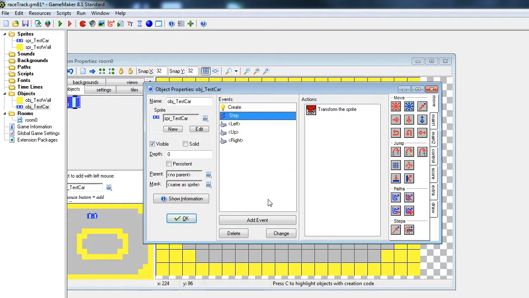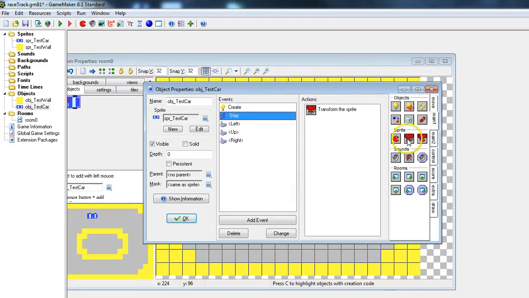If I go into the step event, this is very simple. All I've got is, on the main 2 tab, under the sprite options, transform sprite. Now it says standard here. That means that it can only be used with the standard version of Game Maker, which you should have. You might not have this if you're working on it at home. If you are working on it at home, you might just want to wait until you come into school to do this particular step, because there are ways to do it in the free version of Game Maker, but it's